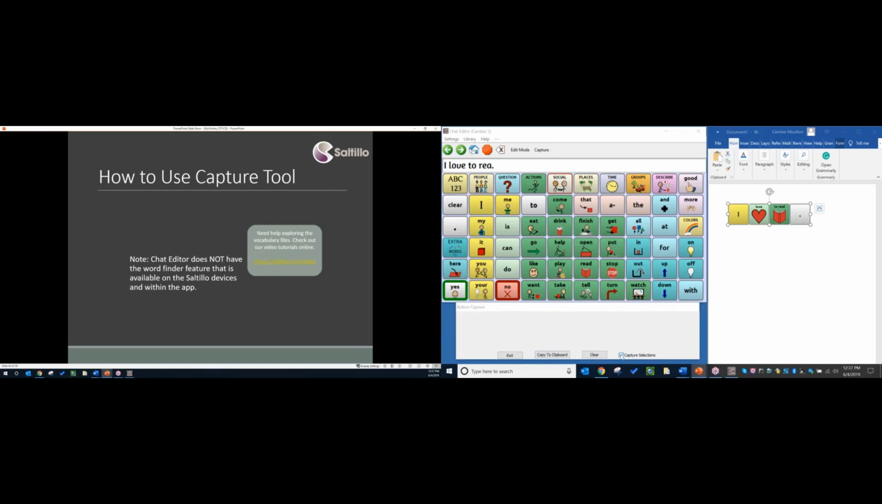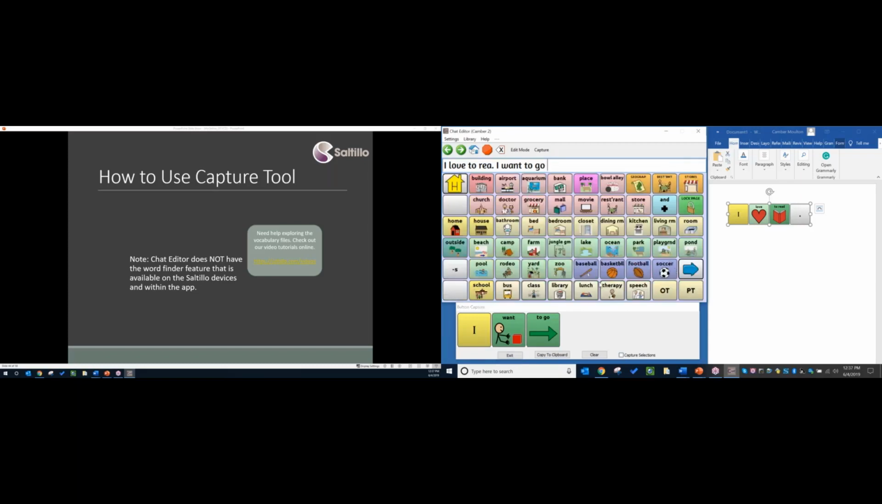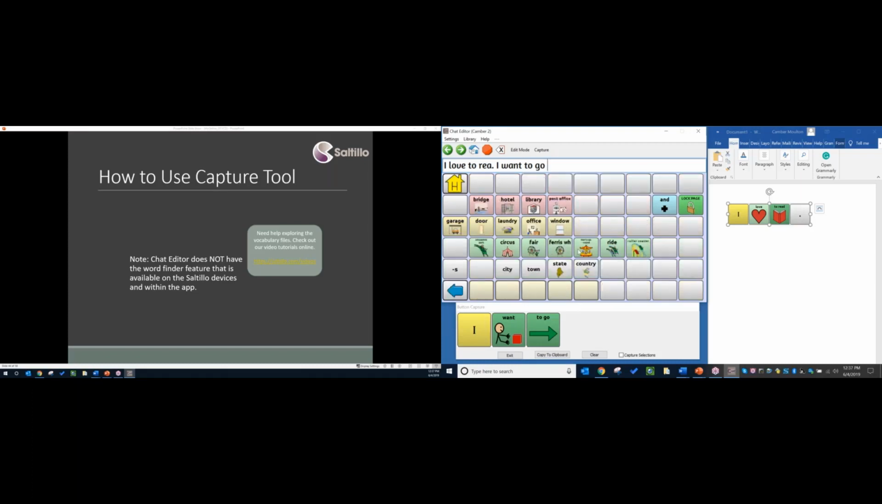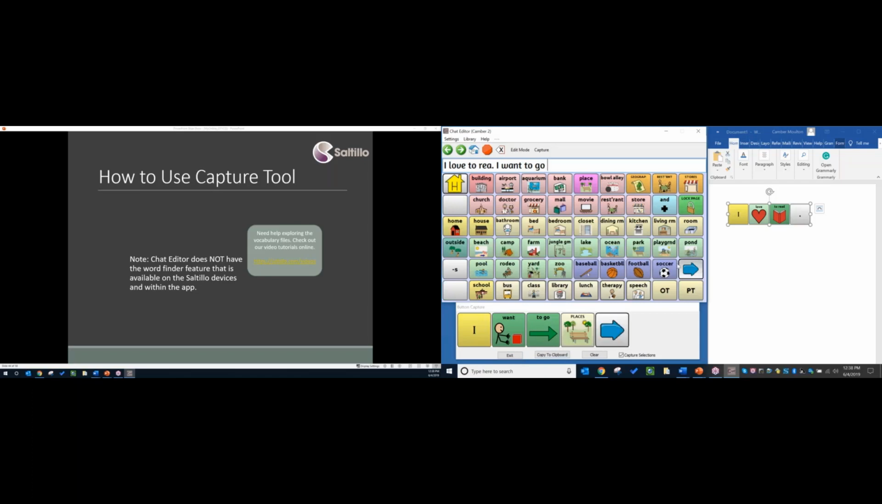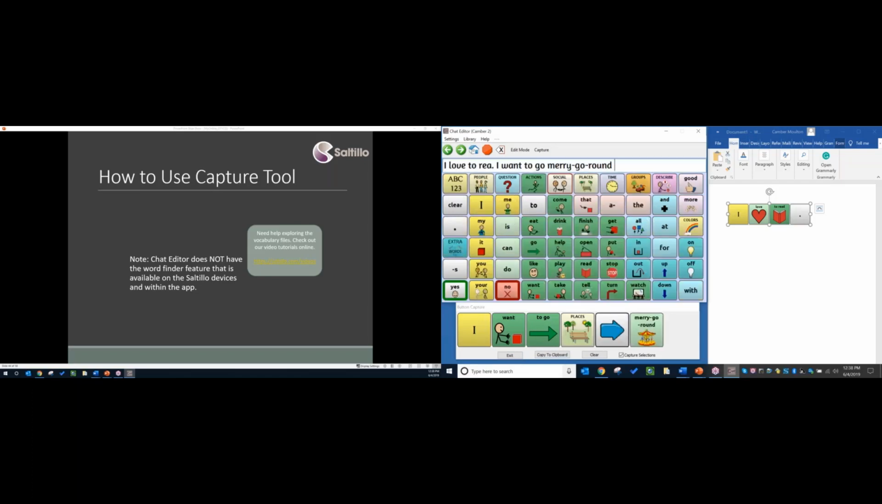So I might want to turn that off and on if maybe I'm trying to find out where the icon is that I'm looking for. So let's just say I want to go, and then I don't know where I want to go. So maybe I pop off that capture selections and then go to places and go, is it on here? Let's see, oh yeah, I want to go to the merry-go-round. So then I'm going to go back home, put capture selections back on, then I would go places, over, merry-go-round. I can copy that to clipboard, over to my Word document,